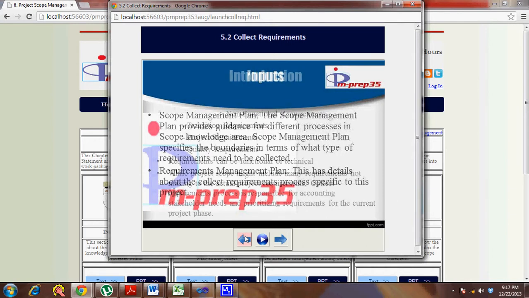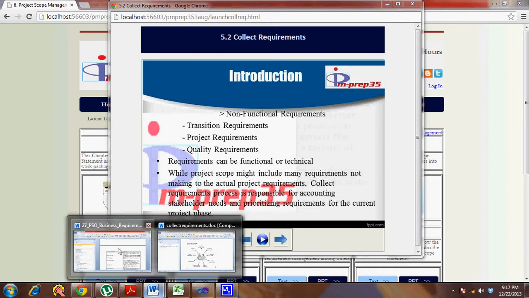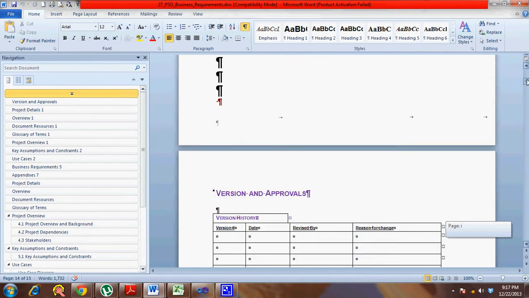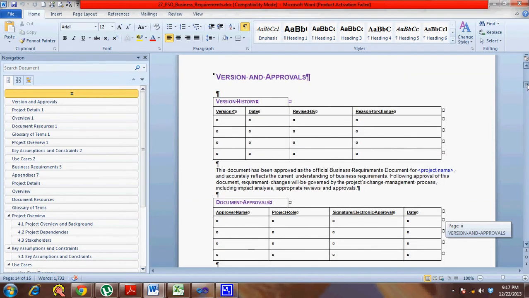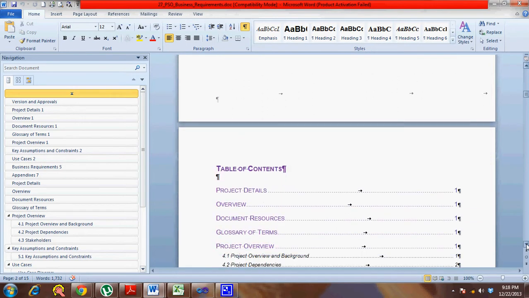So with that basis, let's quickly brainstorm or look at what the contents of the requirements document are. From there you can easily make out what the inputs would be. Here is one of the requirement documents I randomly picked up. You have the version history, which specifies when you have a baseline and you want to re-baseline, so you use a table for that, specifying who has re-baselined, what the contents of the new baseline are, and why changes were made.